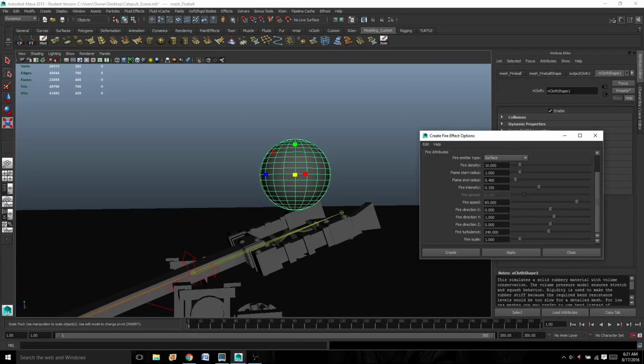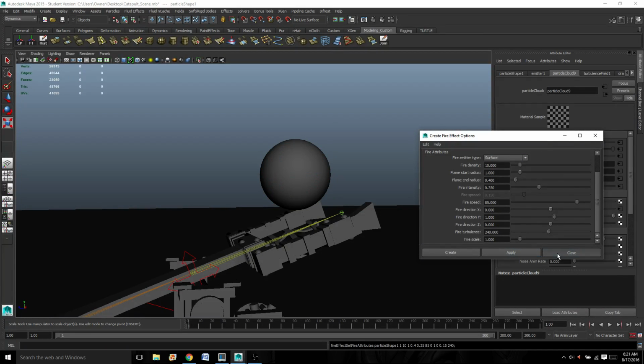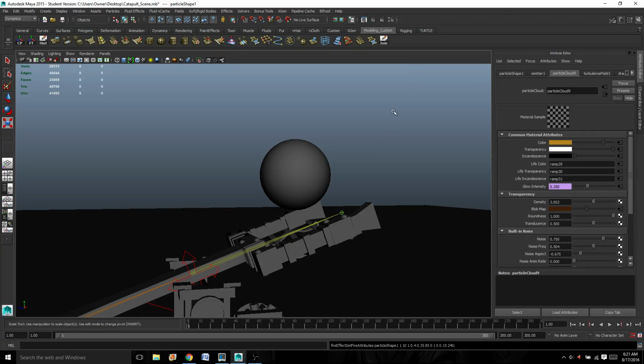Y is what we want for the fire direction. All these settings here will be good for right now. If we want to change it later on, we can always go to the attributes after we've created it and adjust it by hand. We can also change it to where it's not just coming from the surface. We can have it coming from all directions or a directional point, but surface is what we want. Okay, so go ahead and hit apply. We'll close this down. And now when we hit play,